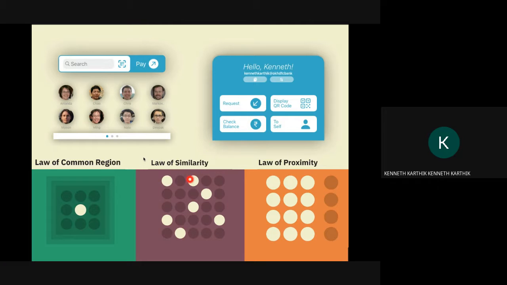And so law of similarity, since these icons are similar, all of these icons have similar functionality. Since these buttons look the same, they all are buttons trying to do a certain task. So same with law of proximity, the spacing, everything matters because people will tend to perceive it in that way. So all of these laws were also applicable over here.